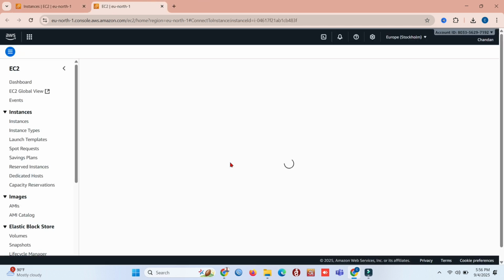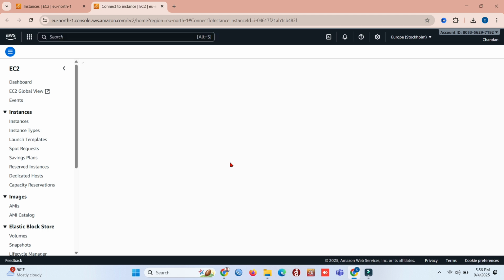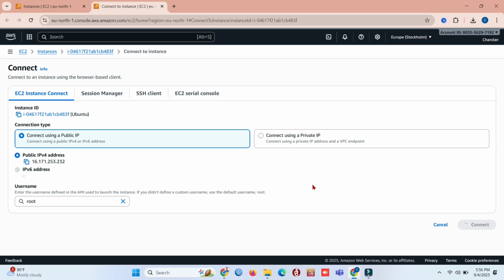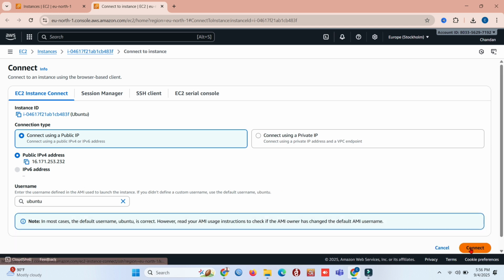Once the instance is running, select it and copy the public IP address. Now, connect using SSH. On Windows, you can use PuTTY. On Linux or Mac, open the terminal and type